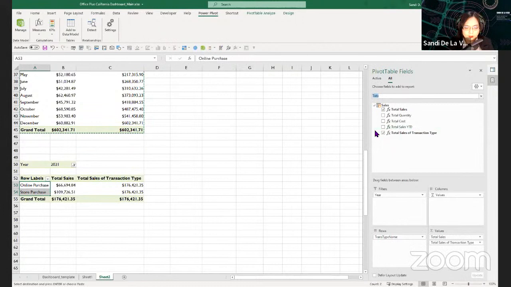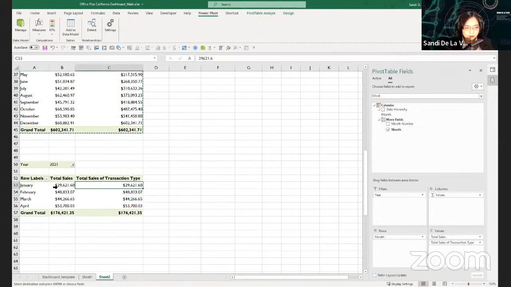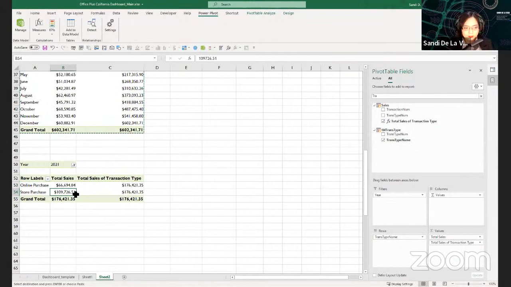So if we try to use another filter, it will not work the same way as the transaction type, since we did not tell the DAX to overwrite this filter. So be very careful of selecting the right filters if you want to divide it by transaction type name. But for our analysis, it will be sufficient using that DAX measure.